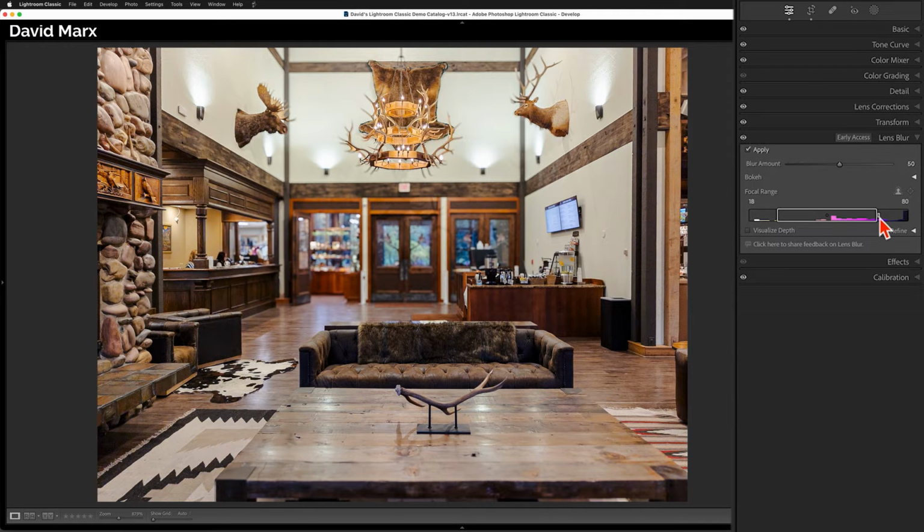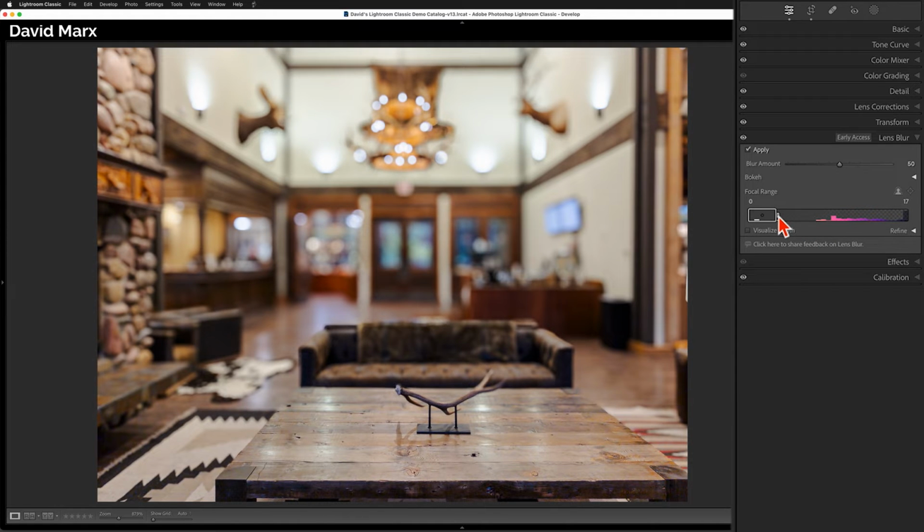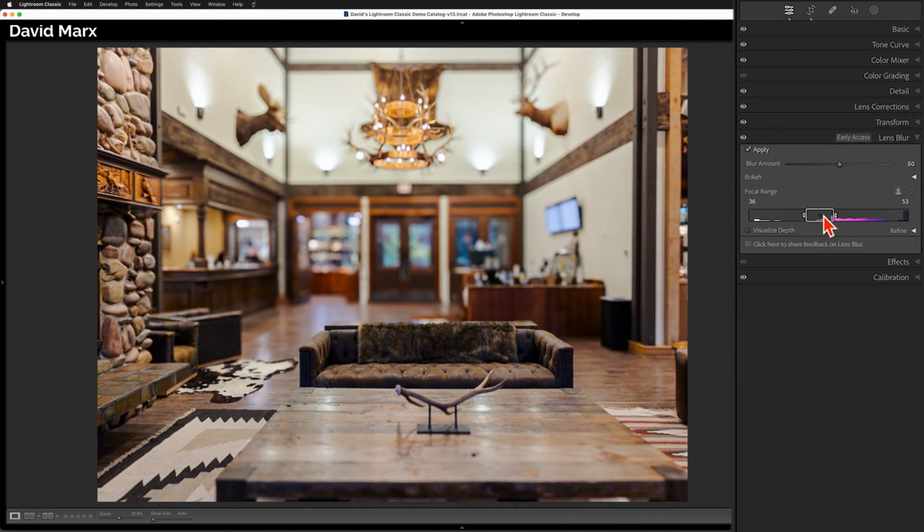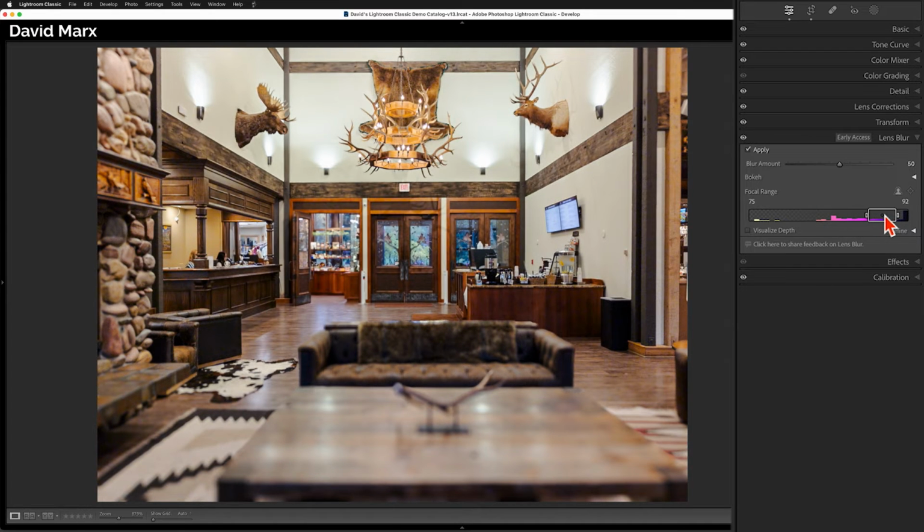To understand this focal range diagram, think of this whole line as if it were a map that shows the distance of the objects inside of your photograph away from your camera. When you move the rectangle to the left, you're telling Lightroom to set the focus on the areas that it believes were the closest to the camera. And when you move this rectangle over to the right, you're shifting the focal plane over the parts of the image that the AI thinks were furthest away.